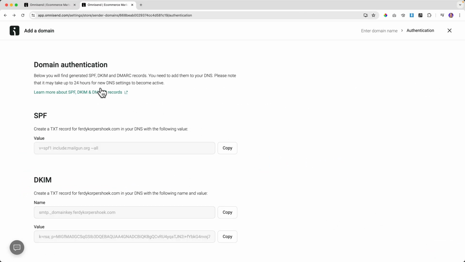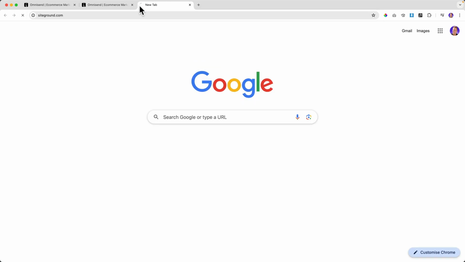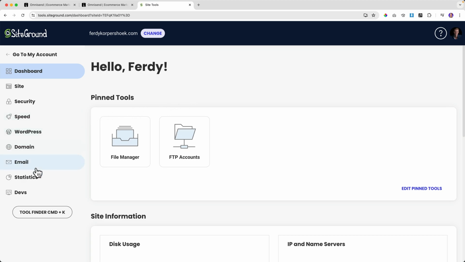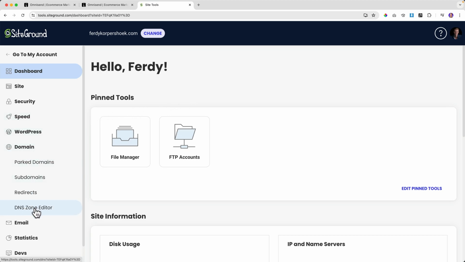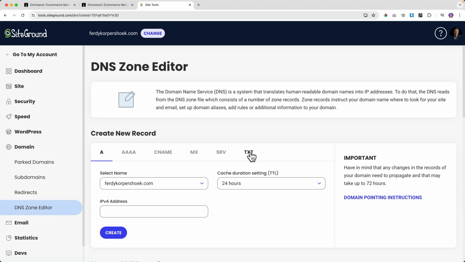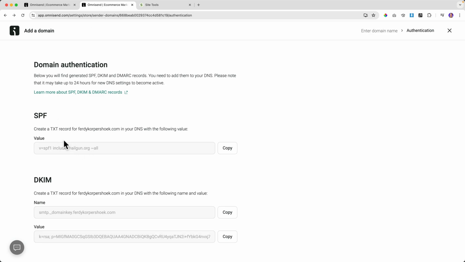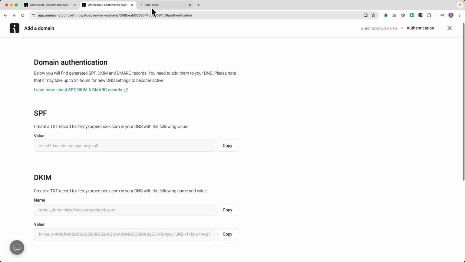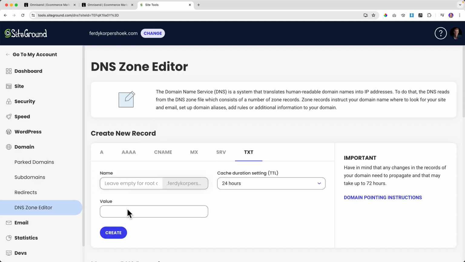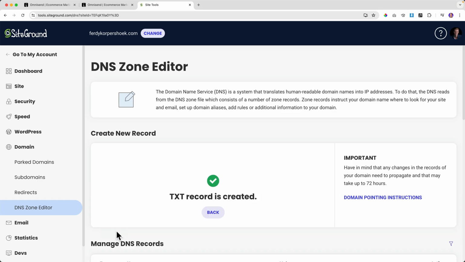Continue. I need to do some authentication. I need to create a TXT record for ferdykorpershoek.com in my DNS. So I click on copy, then I go to my web hosting provider. So over here at SiteGround, I go to domain, DNS zone editor. I want to go for a TXT record. I don't understand a lot about this. I just am following the instructions. I copy this value, SPF, create a TXT record for ferdykorpershoek in your DNS with this value, create. Then I go back,